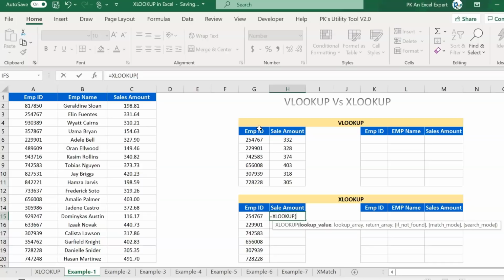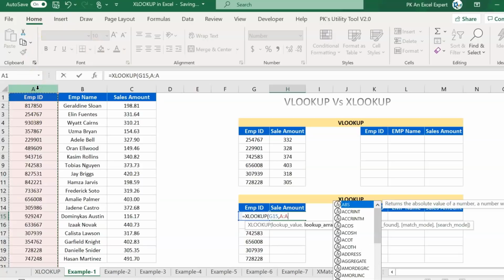The first one is the lookup value. Like VLOOKUP, we will use this employee ID, comma, lookup array. Now for the lookup array we select where we have to search this employee ID. We know this employee ID is available in this column, so we can select this column.